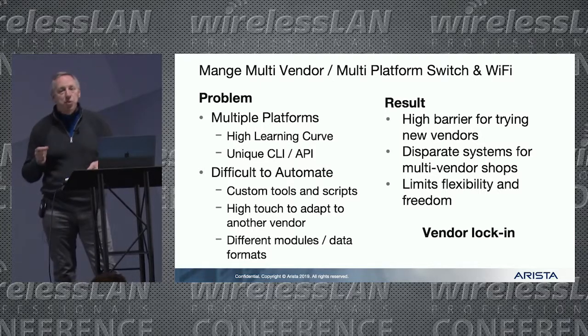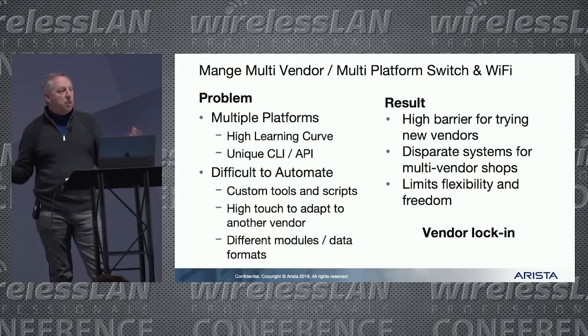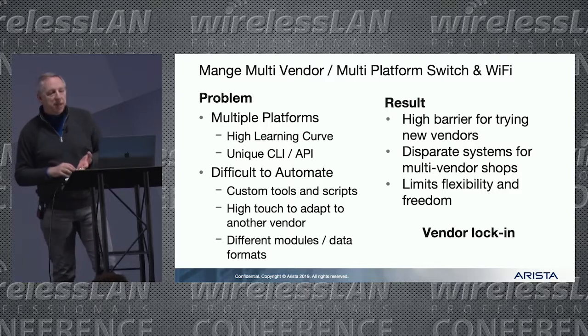And because of that, it's also difficult to automate, because even though you may have APIs that can do certain things for one system, they don't use the same APIs for a different system. They don't use the same syntax. They don't use the same data sets. They don't use the same anything. So to do real automation, you would have to take the different scripts you've set up to automate and convert them to a different system every time you want to add a new vendor.